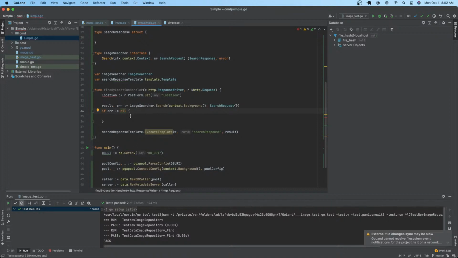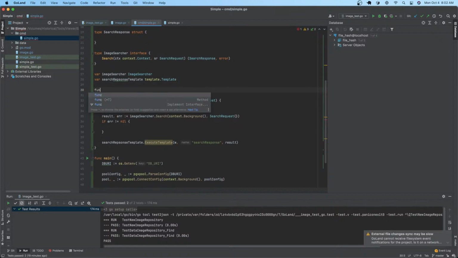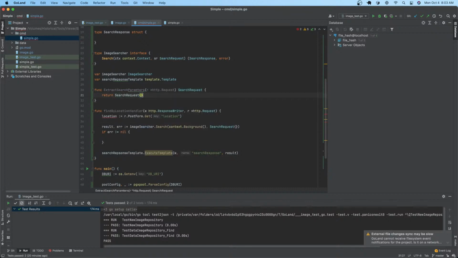It might be difficult to spend time on it, but especially if we have utility functions like extract search parameters, which takes a request and returns back a search request. So in this case, what we do is